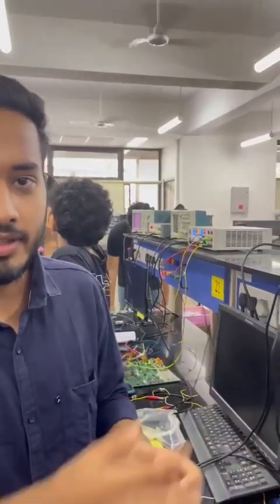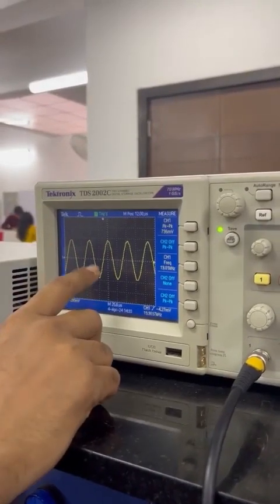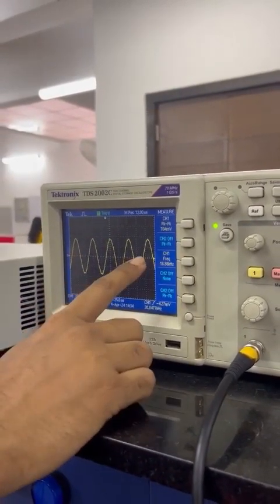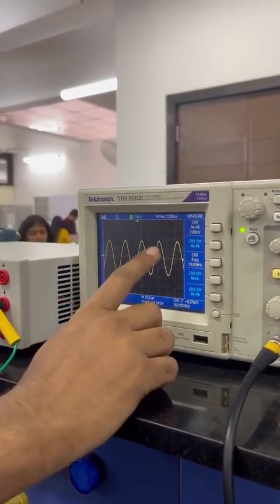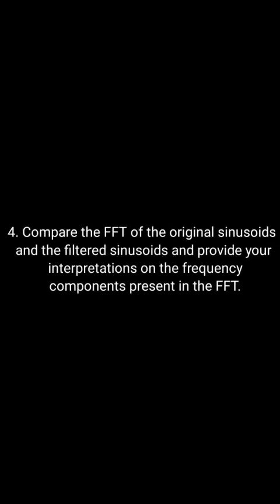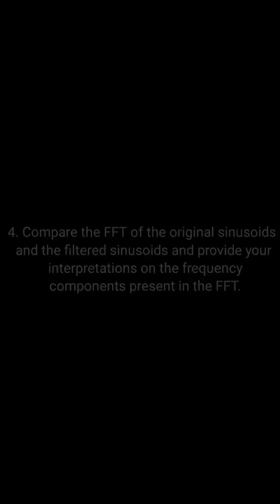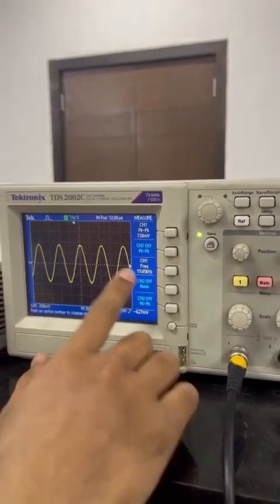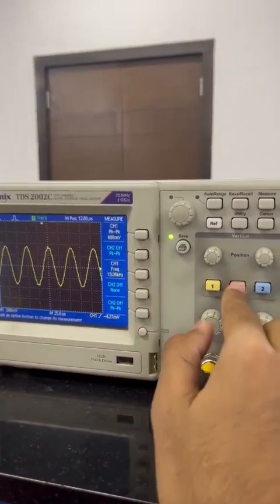And it is clearly seen in the DSO that through the differentiator circuit, the cosine wave is coming, and F1 plus F2, which is equal to 19 kHz, is passed through, and only one cosine wave is present. So it confirms that the differentiator circuit is a high pass filter. To see that only one frequency component is present, that is 19 kHz, we can confirm it by seeing its FFT.